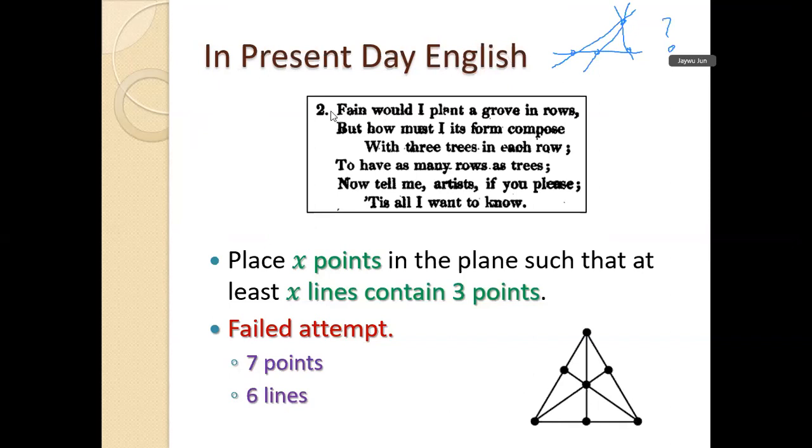So I see someone is trying to put 7 on top. So you need 3 points on each line, right? At least 3 points on each line. 2 is not enough. I think that when you try to put 9, maybe the first thing you're going to try is something like this, putting them kind of in a grid. Imagine that I drew it nicely. You're going to try to put it something like that, right? So I have 3 horizontal lines and 3 vertical lines. How many lines with 3 points do I have here? Can you tell me?